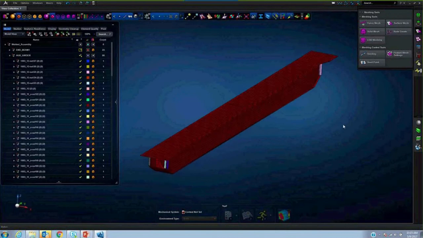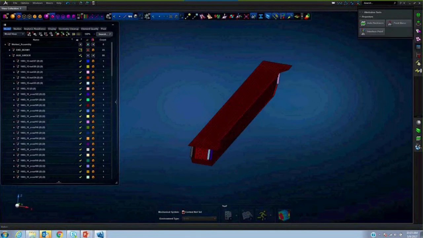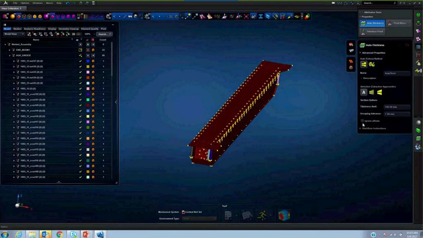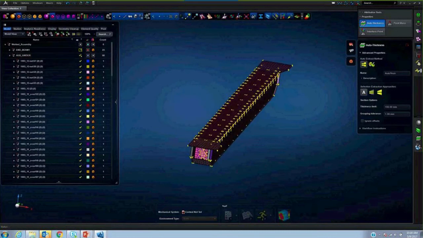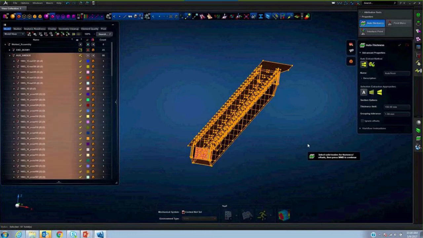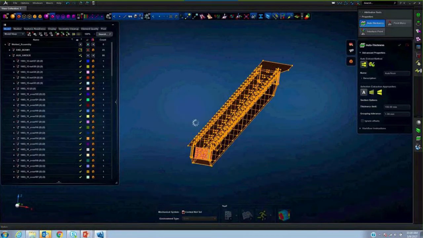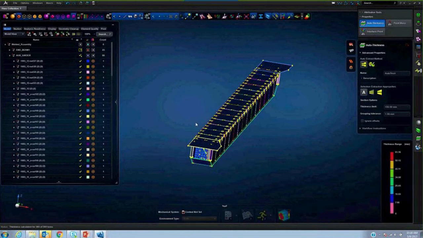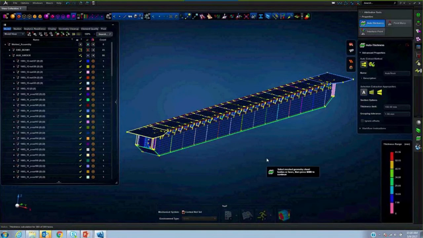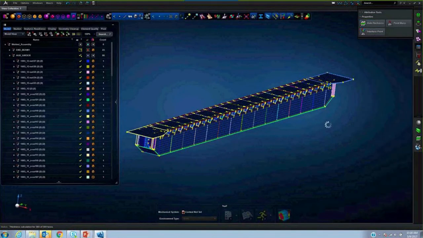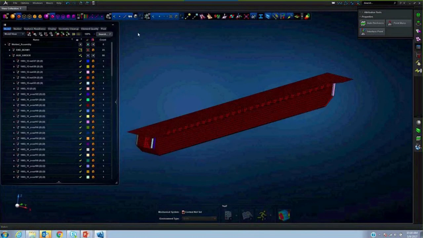Now let's go ahead and extract the thickness for this part from the solids. Auto thickness extraction for this part, and this is the mid surface geometry, and the associated solid I'm going to select so that I can extract the thickness for all those parts based on the original solids. So it's as simple as creating the mesh and extracting the thickness from the original solid geometry. And now,